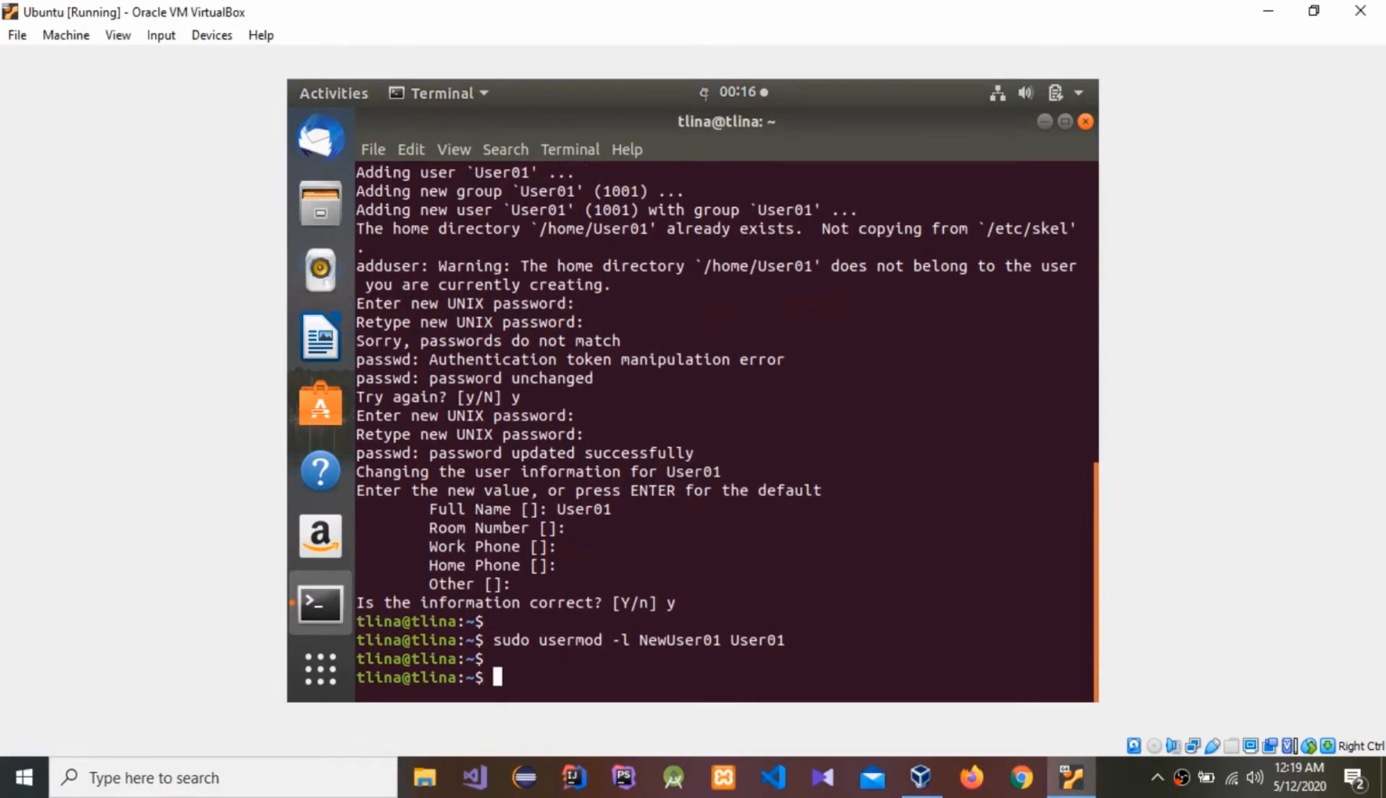So you can check this if you want. You have to log out and you have to again log into that changed user. This is how to change created username. So I hope now you can do this,